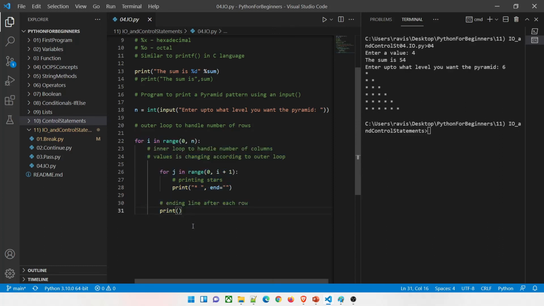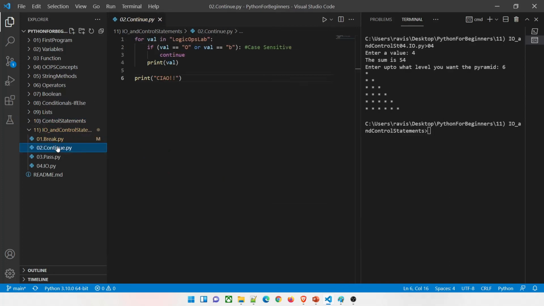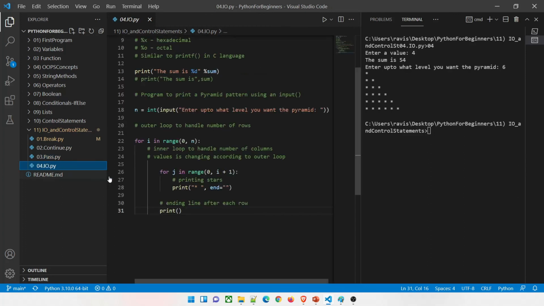This is one other program, and this is one of the very common programs that are asked in interviews, that okay, print a pattern like this, print a butterfly pattern, print a pattern one by one. So you can manipulate the program, you can understand the program, and you can write your own program to understand how this works. Okay, so I hope you guys have understood it. Let me reiterate: break, this is how it works; continue, how it works; and pass and input output, how it works. You can write your own programs to understand. I would really recommend you write your own programs to understand it.